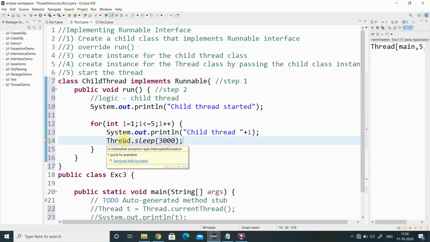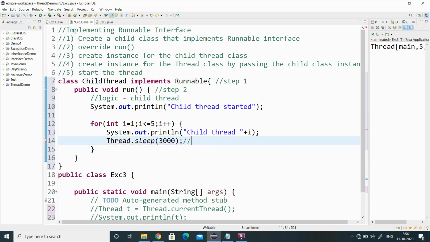This sleep method throws a checked exception, so it needs to be handled. Already you know that to handle a checked exception, you need to use either try catch or the throws keyword.